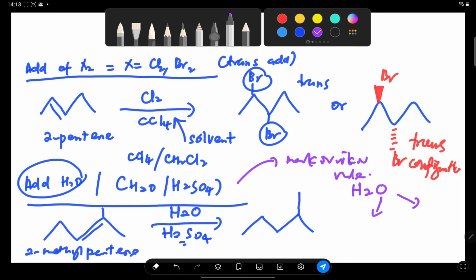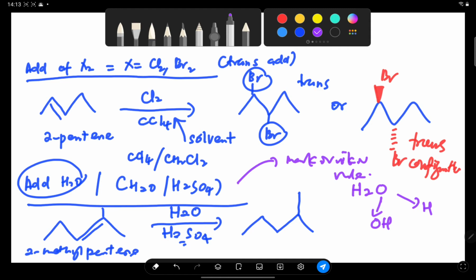So we can divide into OH and H. So OH will add to the carbon of the double bond that has the lowest number of hydrogen, while hydrogen will add to the carbon